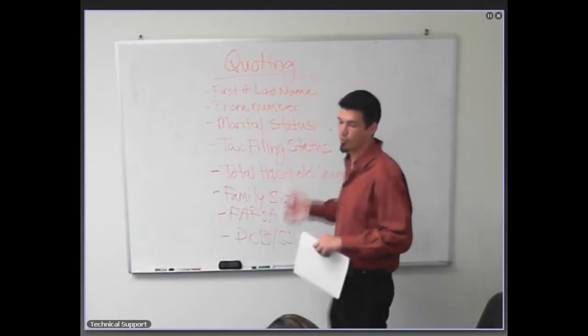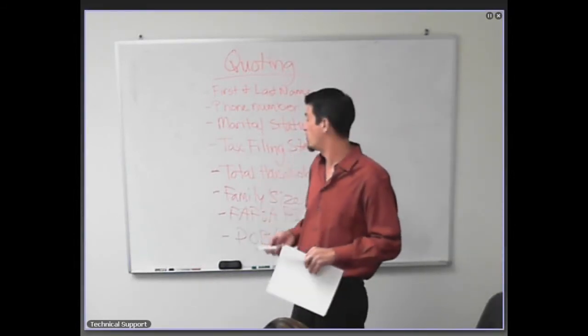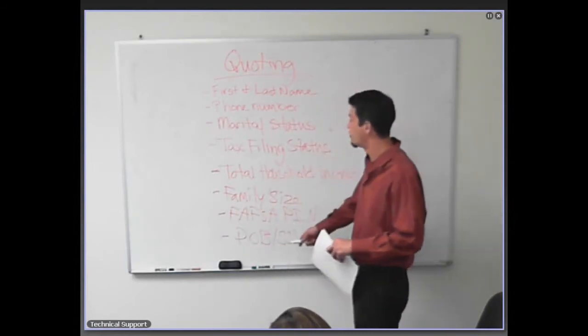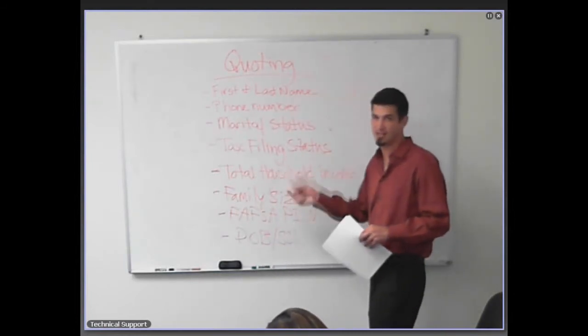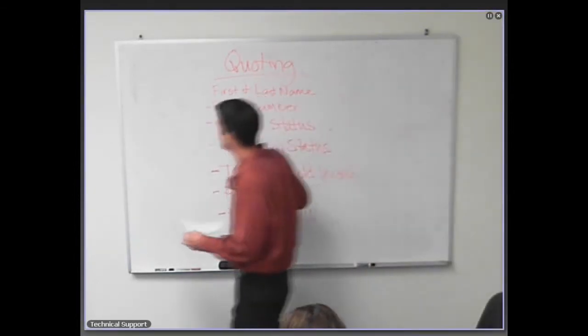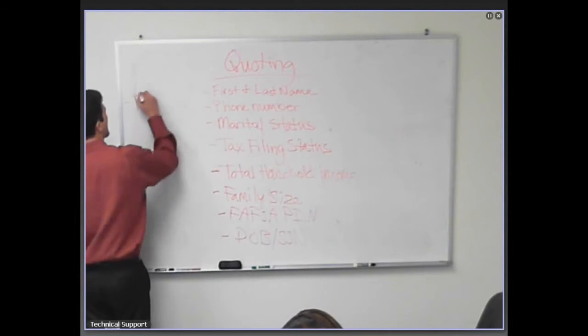After you've quoted a client, gone over the program, and are ready to send out a contract, there are some additional fields that we need to fill out in the CRM aside from these initial things that you gathered to quote the client. So aside from that, we will need their mailing address,